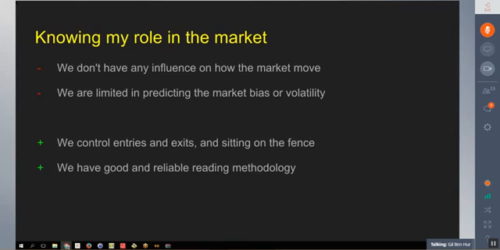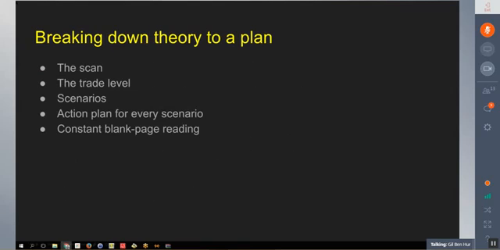And we have a good, reliable reading methodology, which is the price action that we constantly are learning. And of course, we will have to adopt real money management and risk management tools. Okay, so